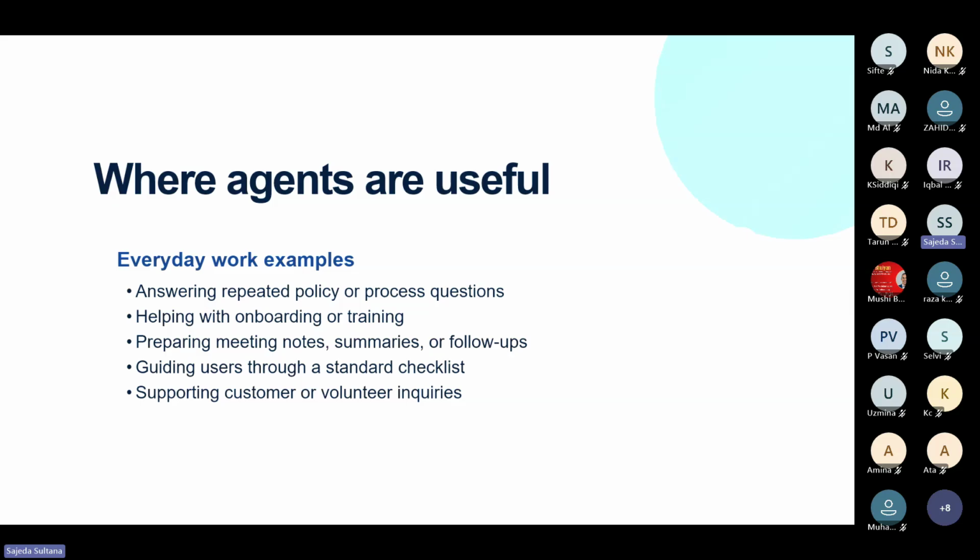Then we all know the agent can generate the wrong response, right? So before sending to any other person or before going live, make sure as a human you review it, and then you can send it. I do the same thing. I review it, then I send the email to the other users.